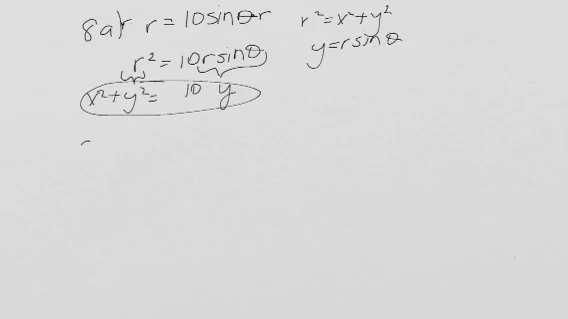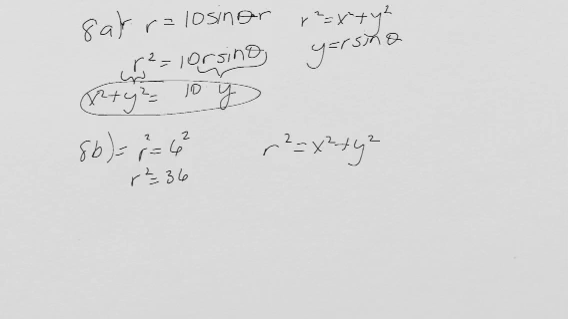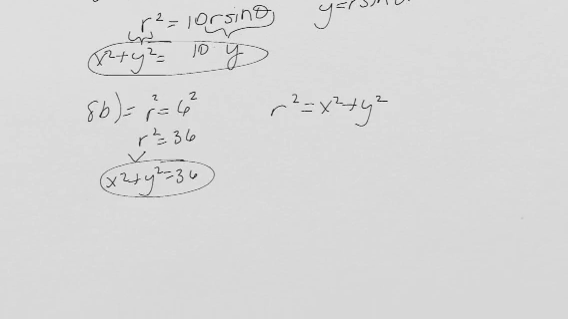Moving on to 8b, I am given the equation r equals 6. Again, I can use the equation r squared equals x squared plus y squared. So what I would need to do here is square both sides. And so I get r squared equals 36, and where I have the r squared, I can plug in x squared plus y squared equals 36, and that is my final equation. And moving on to 8c,